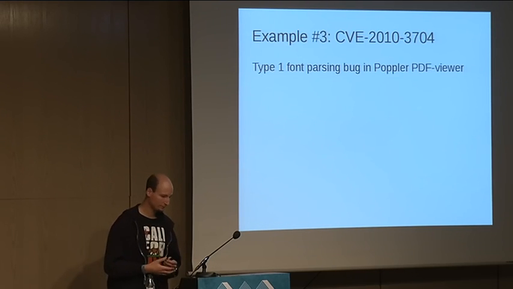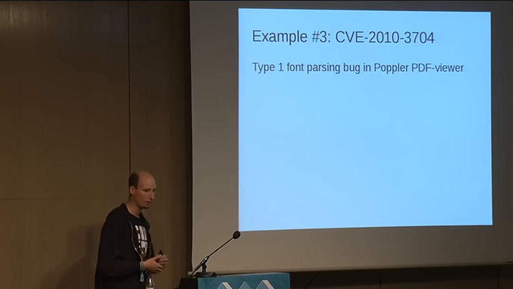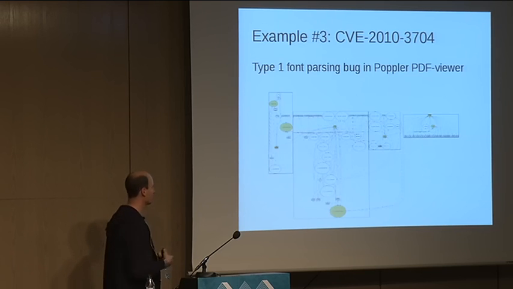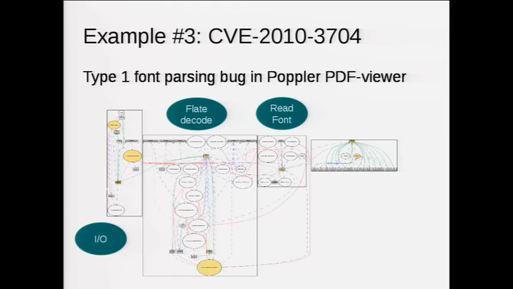As a last example, we're going to walk through a CVE, a real vulnerability, where we have a font parsing bug in a popular PDF viewer. That's a fairly common PDF library. And if we look at the memory accesses, it's insanely complex. It would be very hard from a vulnerability point of view, if you only have the binary, to actually follow these individual steps until you hit the condition. So there's I/O processing, there's the FLATE decode that's happening, the font reading part, and the font parsing part. And the bug actually happens in the font parsing.